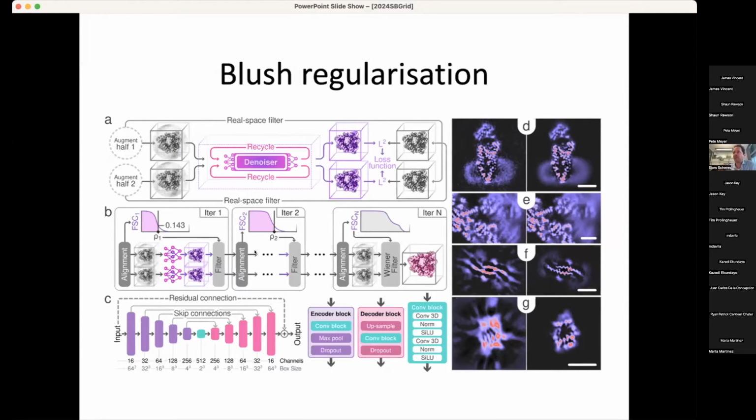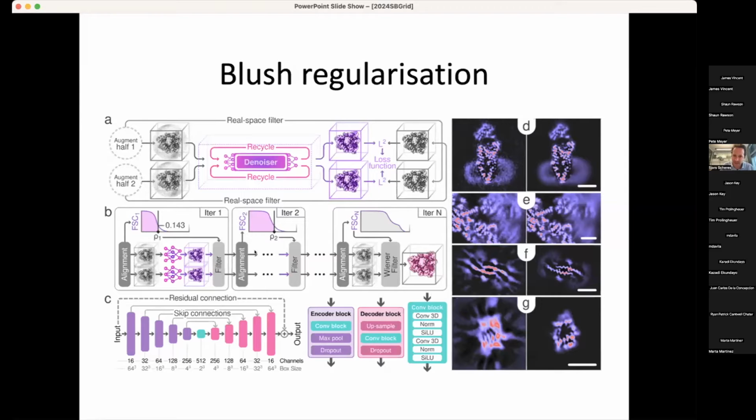And some people have even proposed to use these types of networks inside the iterative reconstruction algorithm, for example, of Relion. Now, there is a danger in that if you do this too aggressively, then you might start to hallucinate protein-like features, and you then inject these into the iterative refinement algorithm. Then this may become ever worse, and with the outcome that the reconstructions you get out might have invented protein structures that were not really present in your data, but you've somehow injected them too aggressively in your reconstruction algorithm.